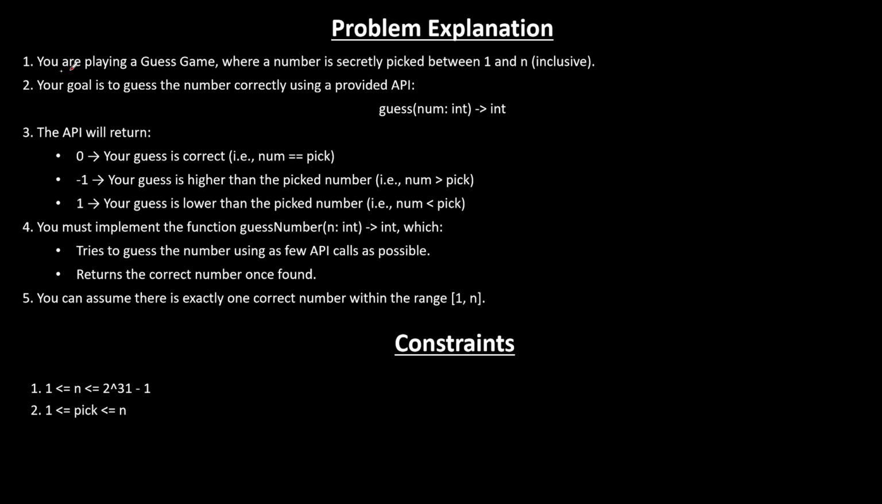So you are playing a guess game where a number is secretly picked between 1 and n, inclusive. And our goal is to guess the number correctly using a provided API. A function guess number will be given to us. What will the API do? API will return 0, which means the number we guessed is basically correct from 1 to n